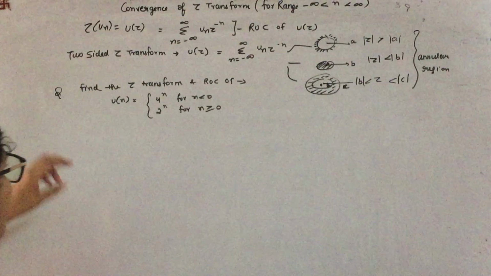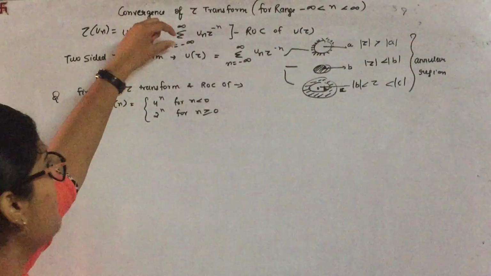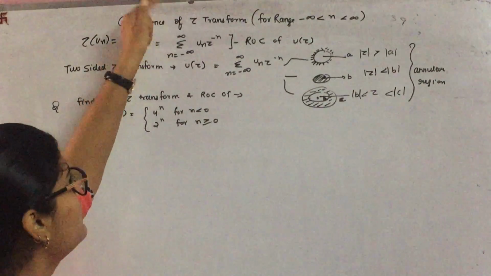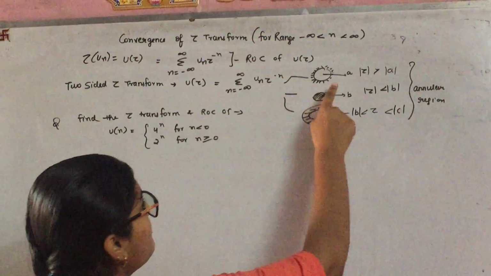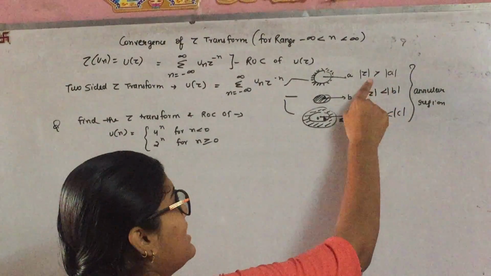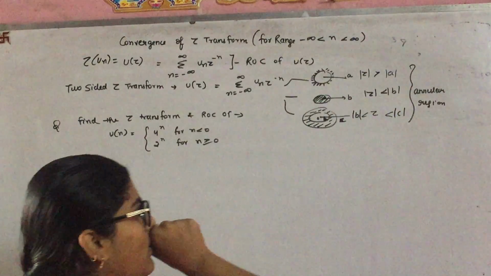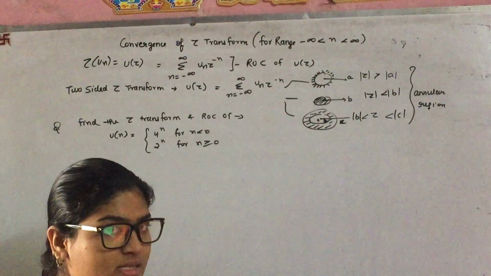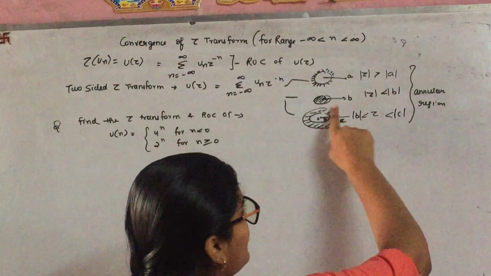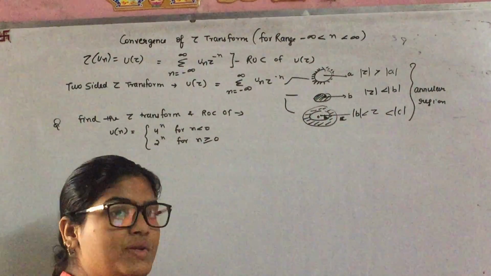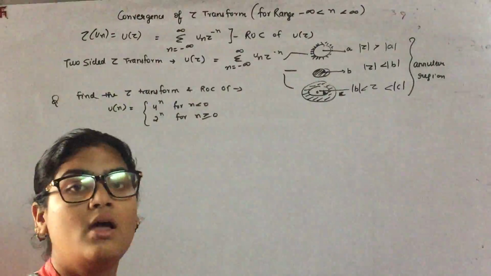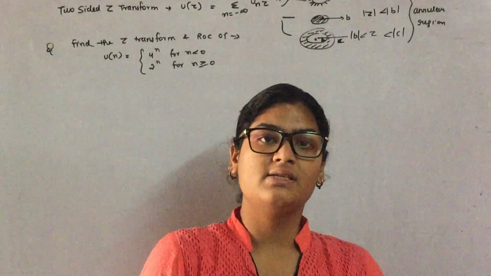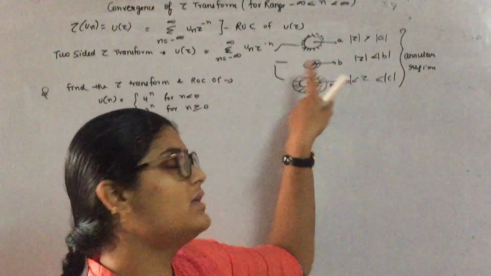There are two-sided Z transforms, from minus infinity to a positive value and from 0 to infinity, and there are many intervals between these two values. If |z| is greater than that value, then the shaded area is outside the circle. If it is less than the required value, then the annular region is inside. And if it lies between two values, then they form two concentric circles which have the same center and different radii.